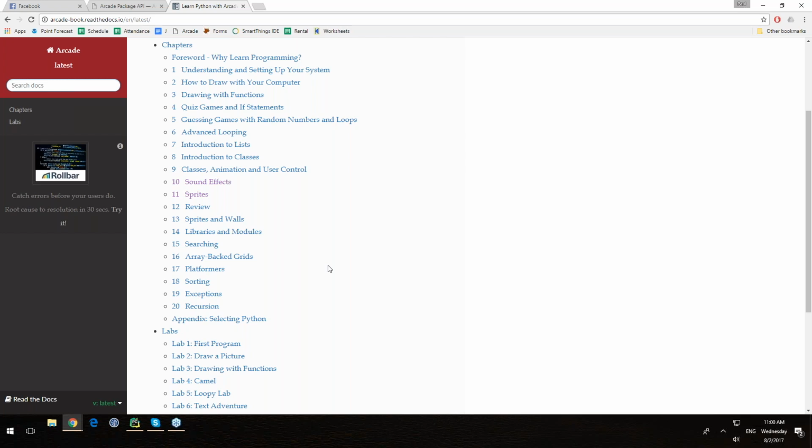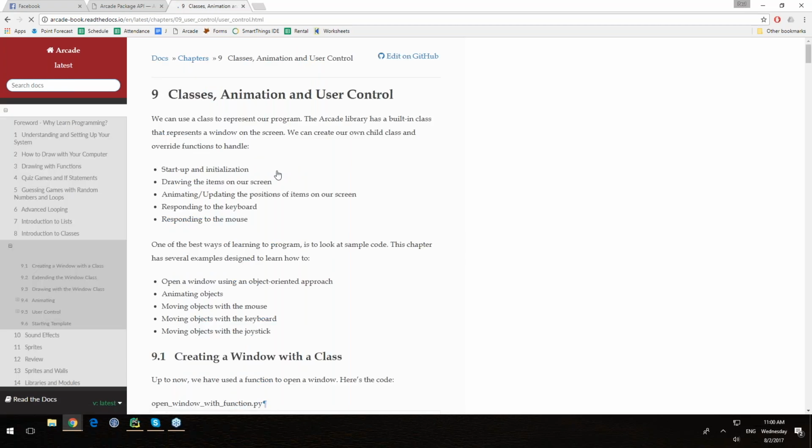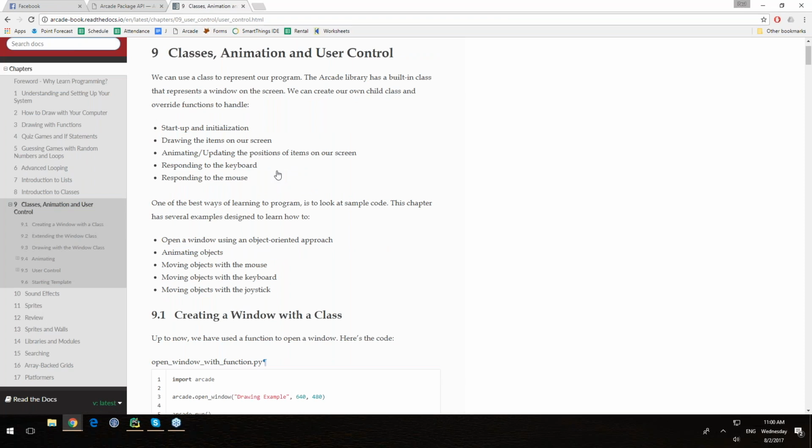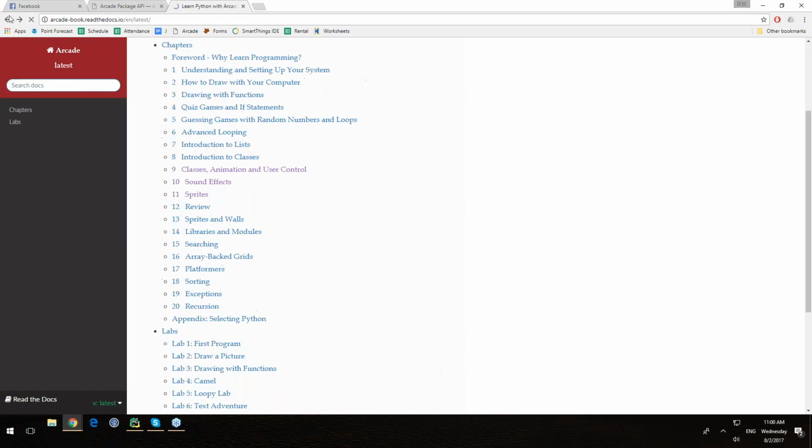Mm-hmm. And then from there, if you get them to do a little bit of animation, even inside of 6 weeks, basically where you've got a function that is called repeatedly and you show them how to add a little bit of math to move something further down the screen, that should be feasible within a shorter period of time. But you would probably skip, for instance, working with lists or loops within loops, types of things. I think you could trim it a fair bit and make it feasible.